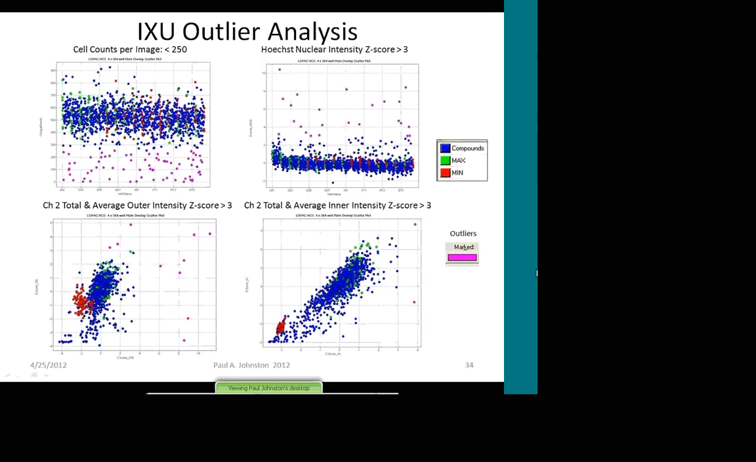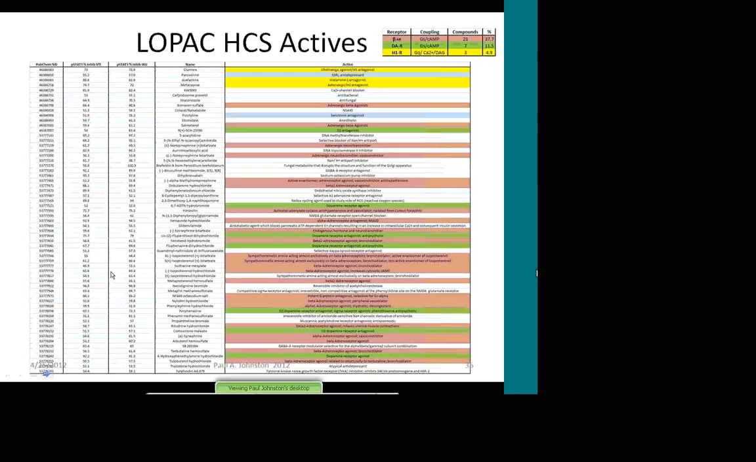cytotoxic. And then we looked at the nuclear intensity Z-score, as well as a Z-score for the channel 2 total and average outer intensity and the total and average inner intensity. So we looked at all the fluorescent outputs and tried to identify fluorescent outliers. Even so, we ended up with a pretty high hit rate, and this is an Excel table showing you the